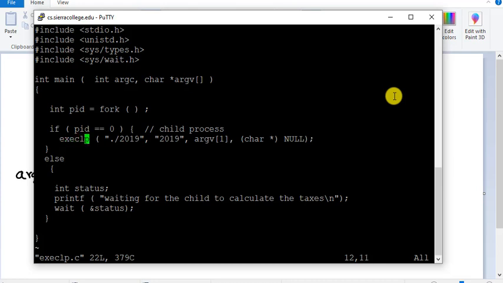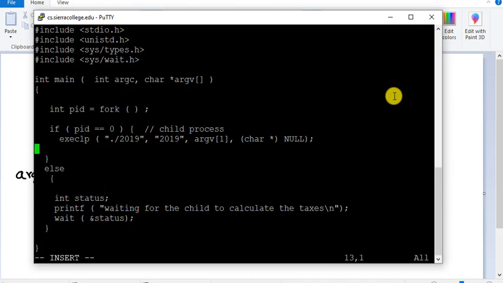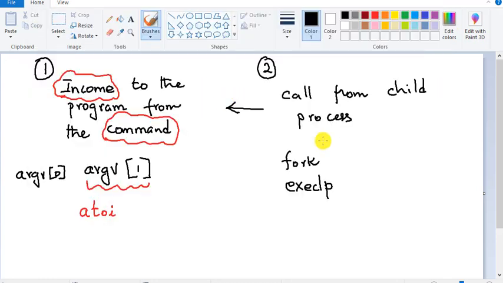The p means look in the path, right? Whenever we see a p at the end of this function, that means look in the path. I mean, not really a local folder, in the path. It checks the path and figures out where the program is. Okay, and we give the program name, and it's starting at the path. Remember, there are two versions I can teach you. One is this, the other one is the standard version. Either this or I can simply call